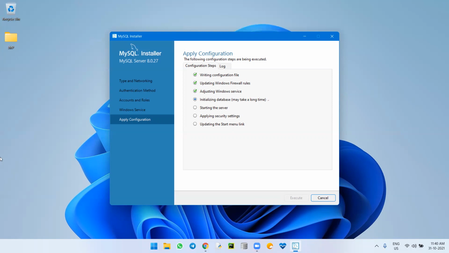Okay. So MySQL Workbench. This is the thing where in real time, in the jobs, MySQL will be used. I think you are aware of that. If you know them perfectly, you'll get a chance of being placed inside a good MNC company. Okay.